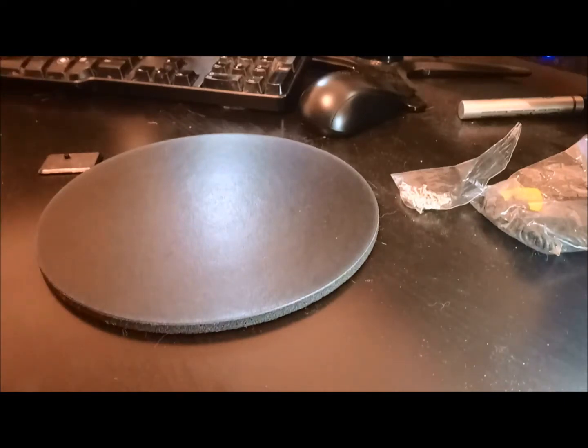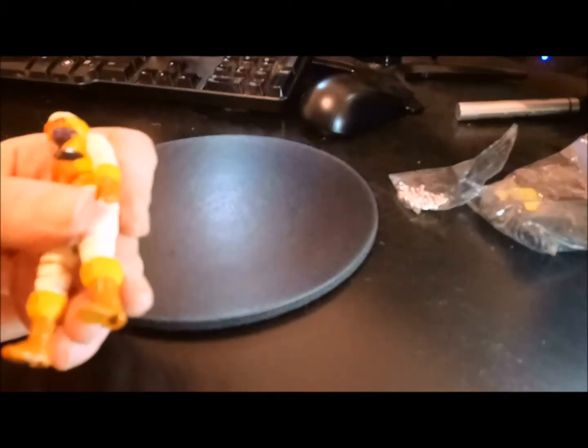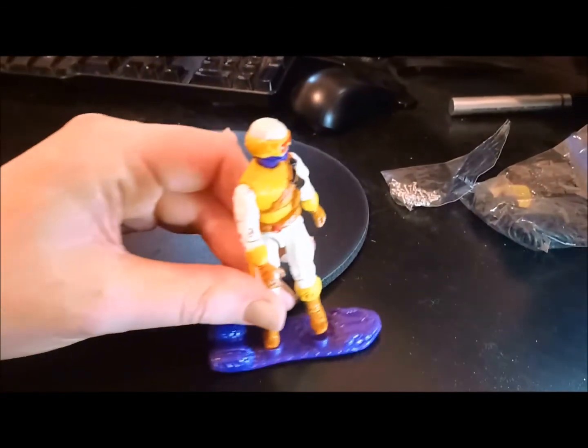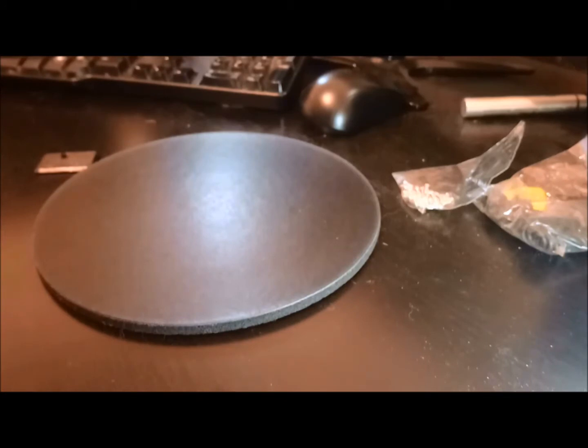Okay, so we've made it on over to the Rob Vegas Technology Center, and just as a quick aside, I found something pretty cool in the old tub of action figures. And that was this guy, the Snow Serpent, and he's a pretty cool dude. We'll do an episode on him a bit later because he's got a floppy waist, but I just wanted to say I found his unusual, unique accessory, which was a snowboard, which if you remember things back in the 1990s, that would have been very rad back in the day. But yeah, let's tackle him in the next upcoming series of episodes, because of course we have come here to go to the complete opposite spectrum, which is